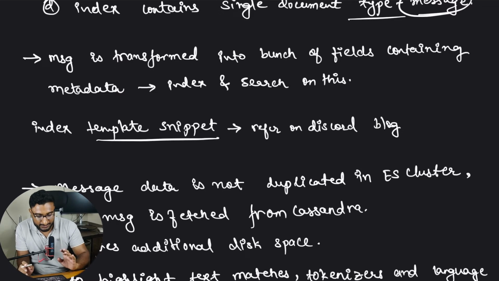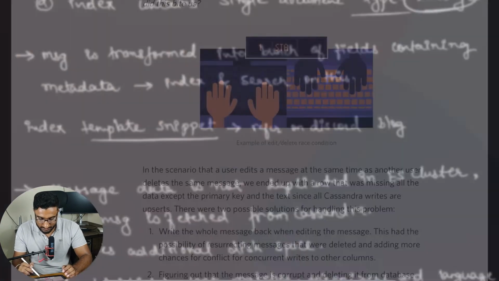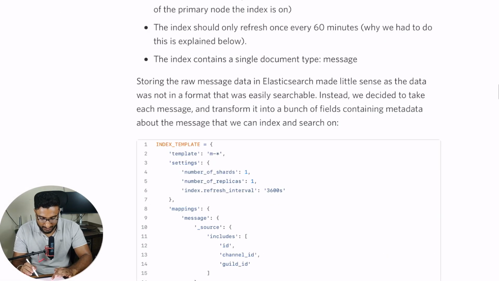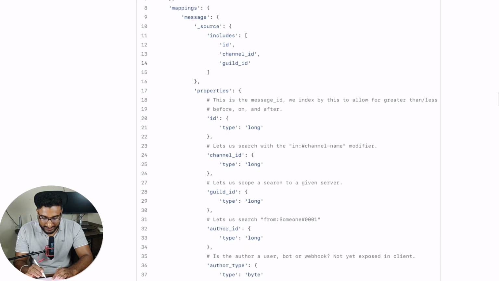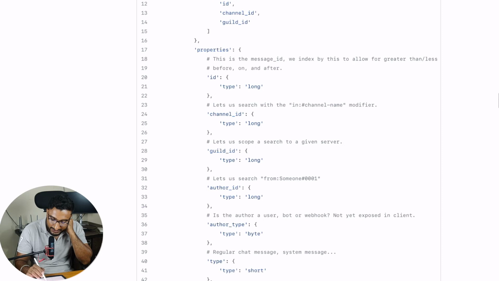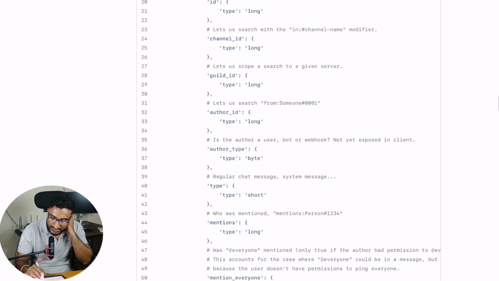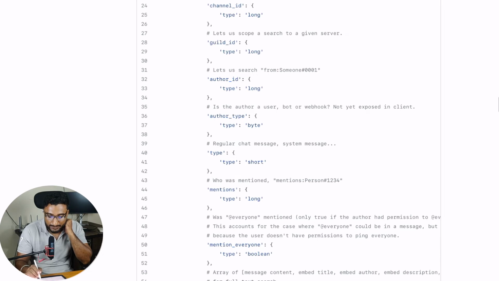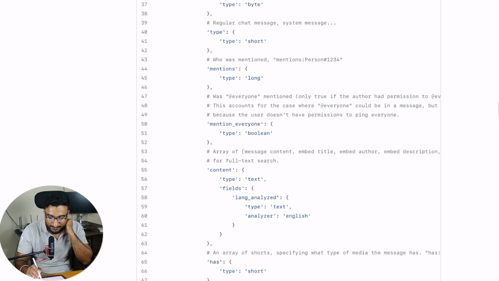Let's quickly see the template which we have. Yeah, this is the template. If you see, the number of shards is 1, and these are the fields which you have. ID is your message ID, and channel ID, guild ID is one which is being used. It helps to scope a search to a given server. When we say server, it is your Discord server, right? So to help with the scope, it is being used, and these are all the fields which are being indexed